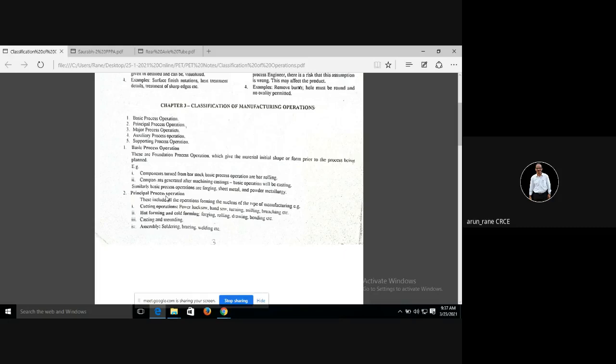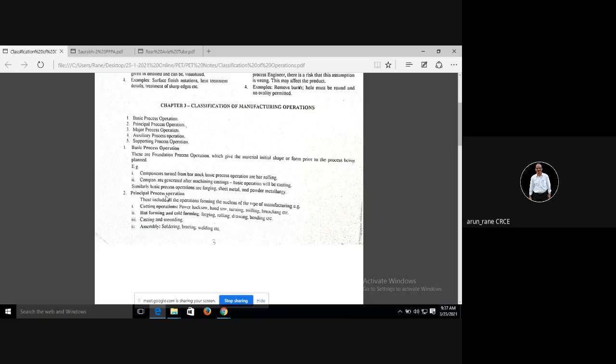Now casting and molding can be principal process operations also. Like suppose you have a foundry. In a foundry, what will be the principal process operation? Obviously casting. Or suppose you have an injection molding shop, so in that shop, what will be the principal process operation? Molding.